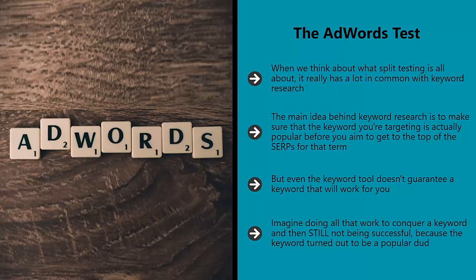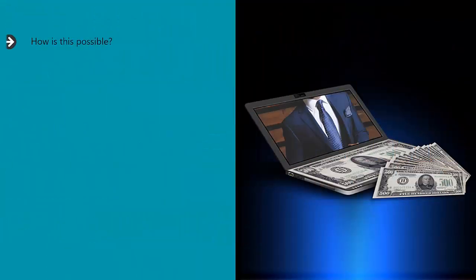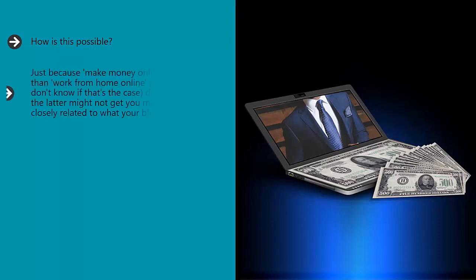So instead, why not try spending a week at the top of a few and then choose the best one? How is this possible? Simple. By using AdWords to be the sponsored link on a few different search terms and to see which ones bring you the most traffic and the most clicks or sales. Just because make money online is more popular than work from home online, this is an example,